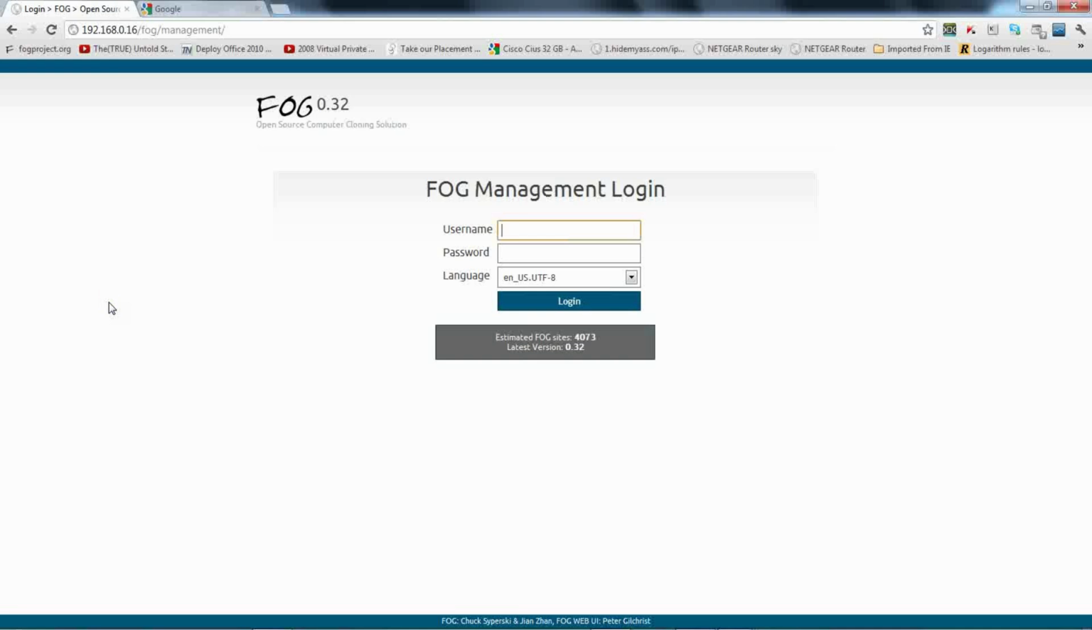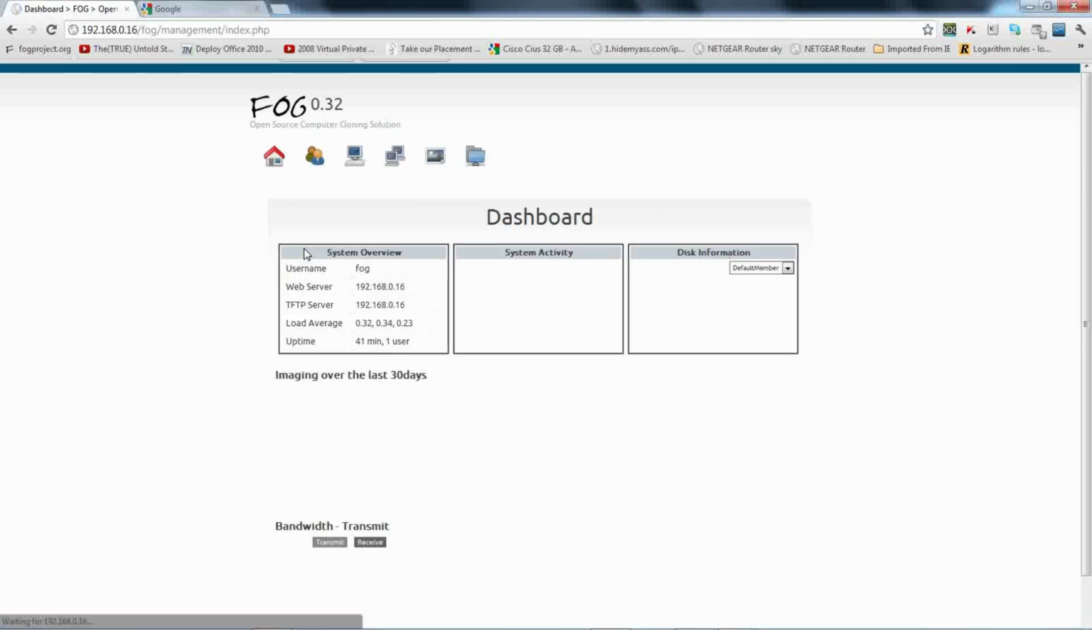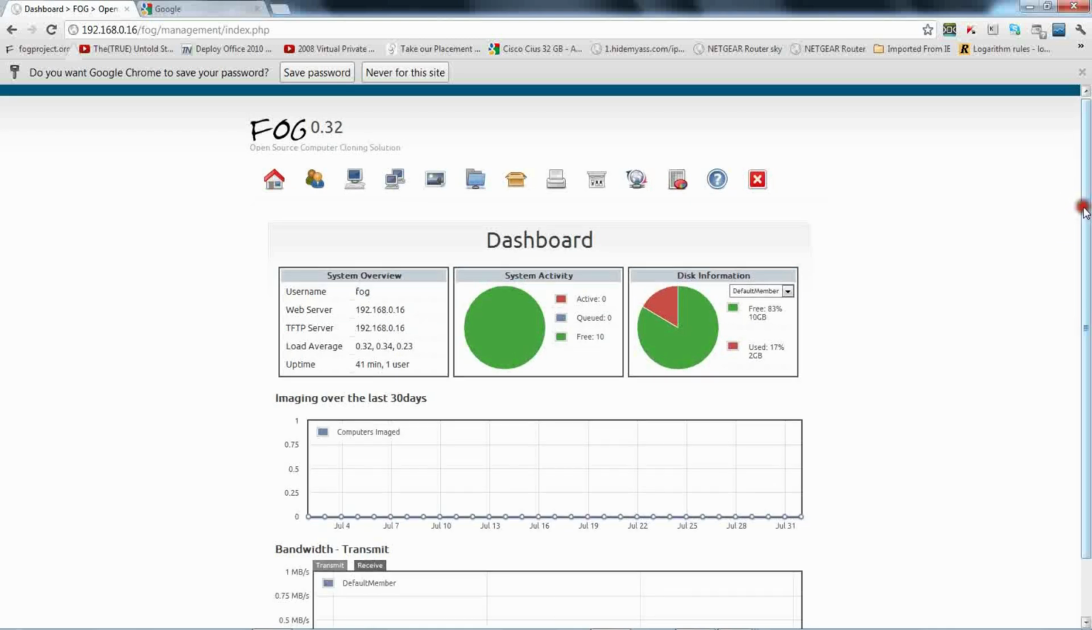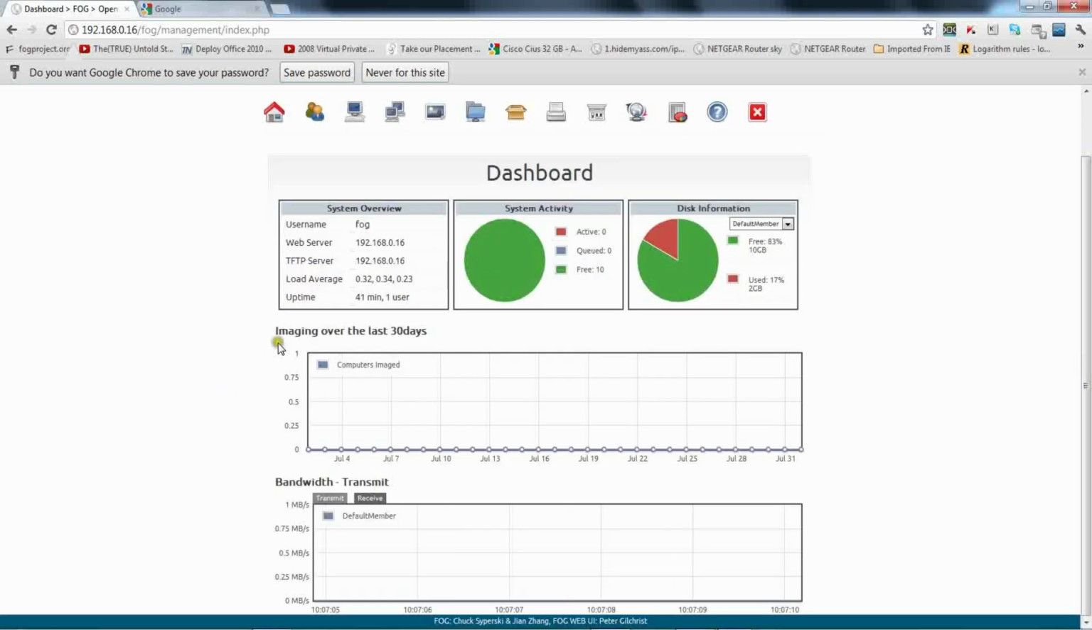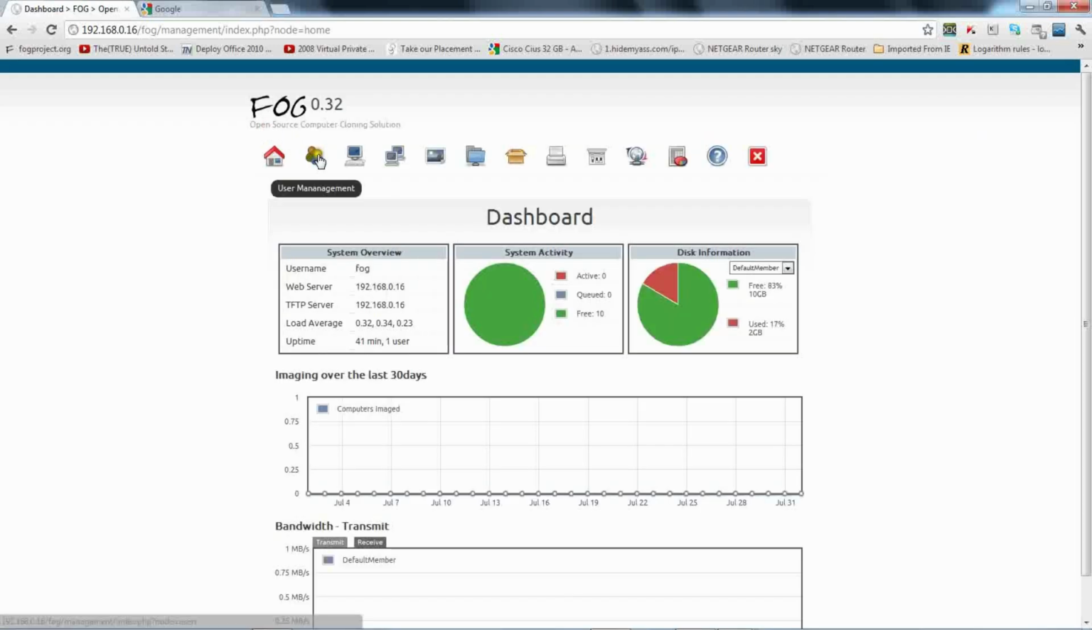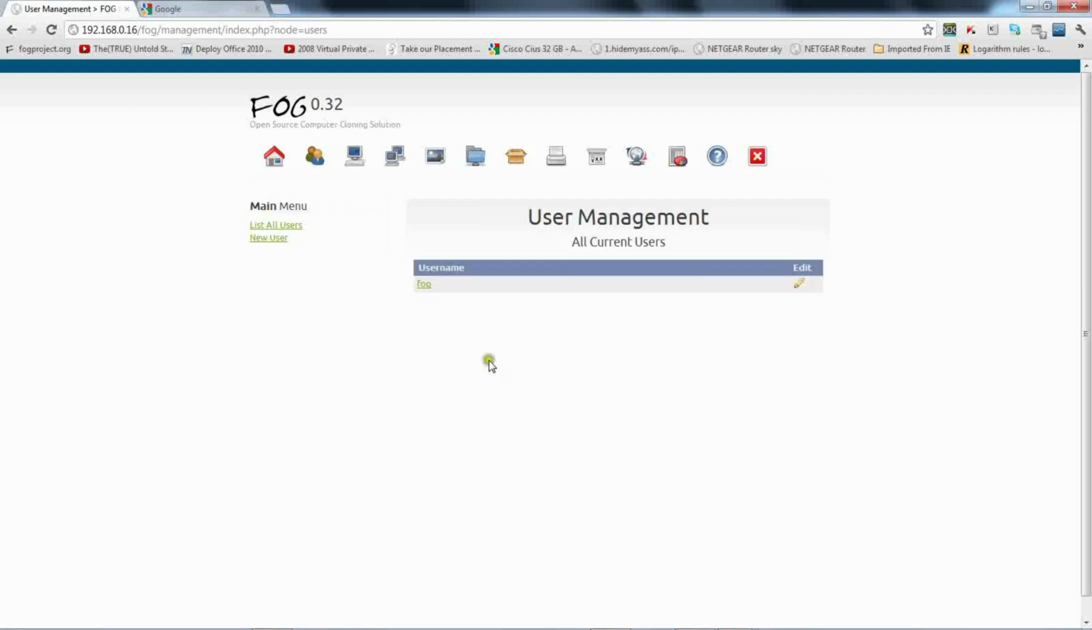Now the default username and password of Fog is username fog, and the password is password. Now if we log in, as you can see, you have a whole list of tools available to you, including imaging that's been done over the last 30 days, the bandwidth, we can save the password, home, which is just home, user management, where we can create another user,